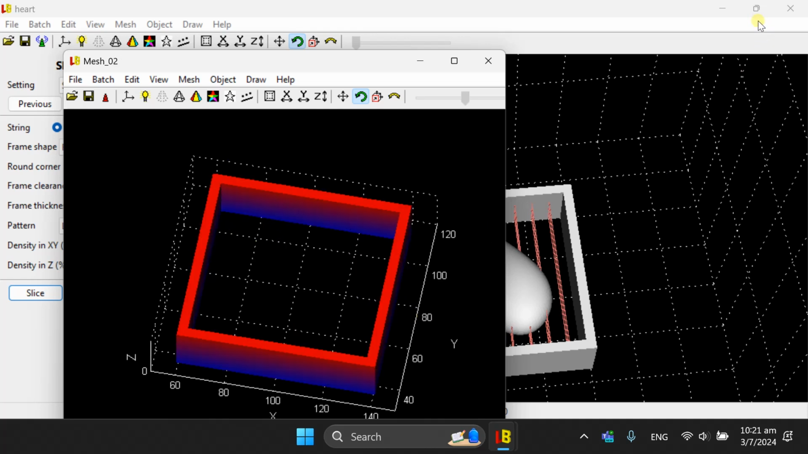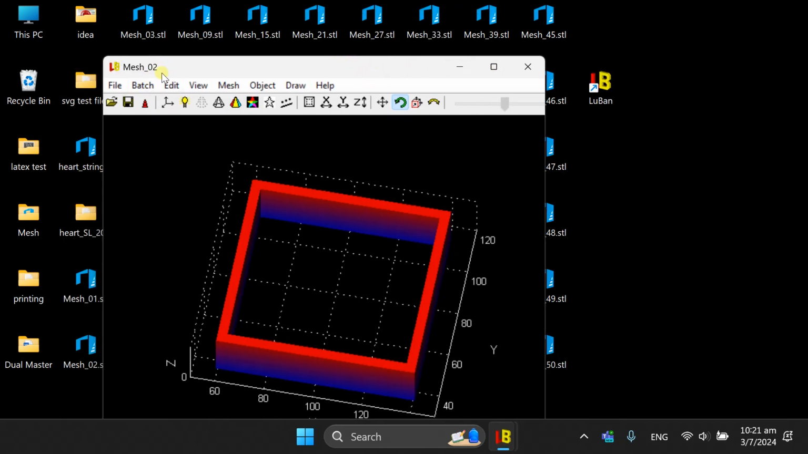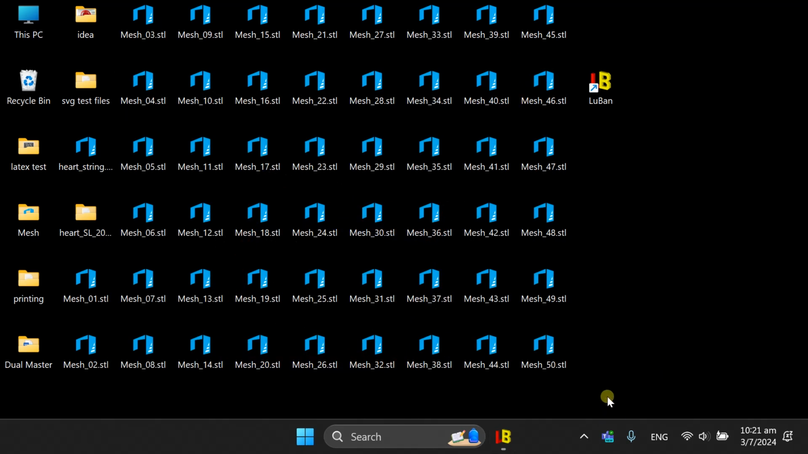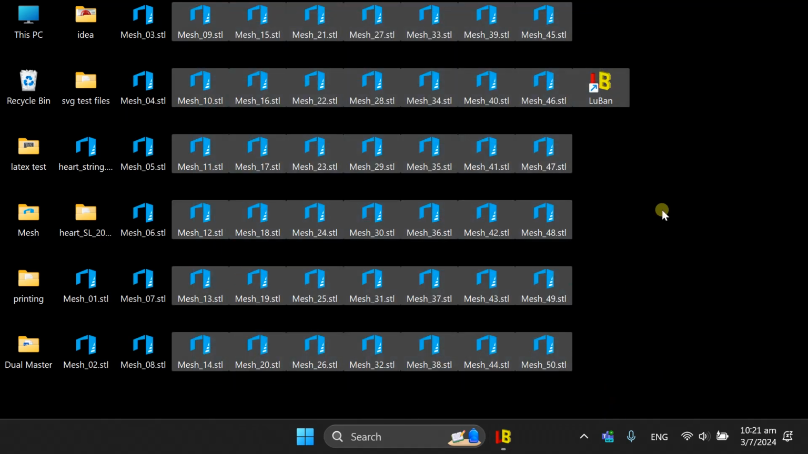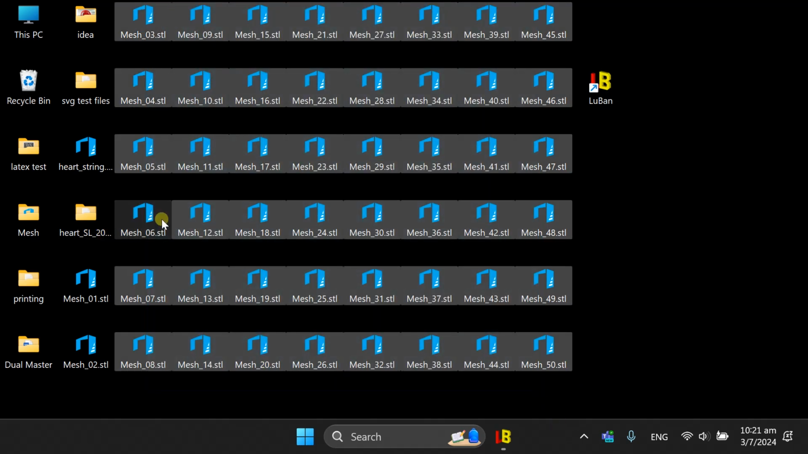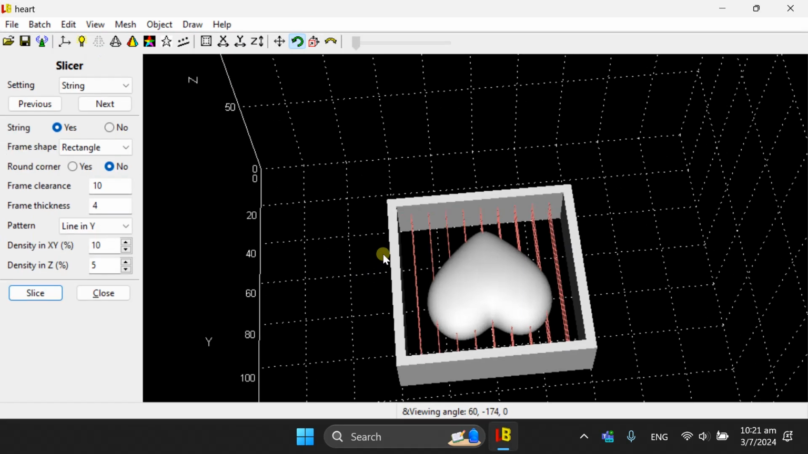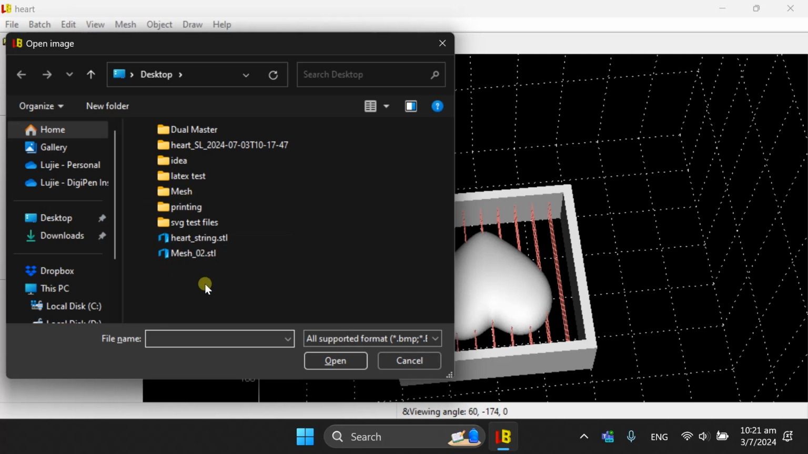If we go back to my desktop, you will see many objects created. The one that I want is mesh 02. All the rest, I can delete. Mesh 03, 01, 02. 01 is the heart. 02 is the frame that I want to show you how to do a customized